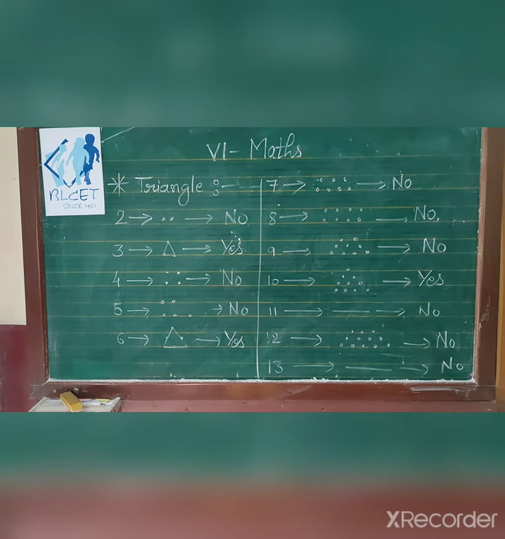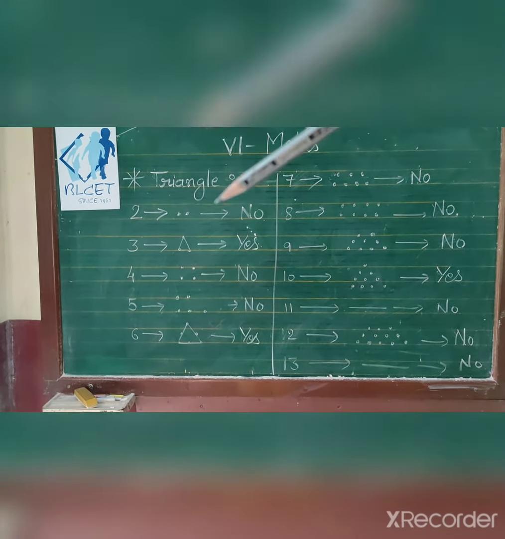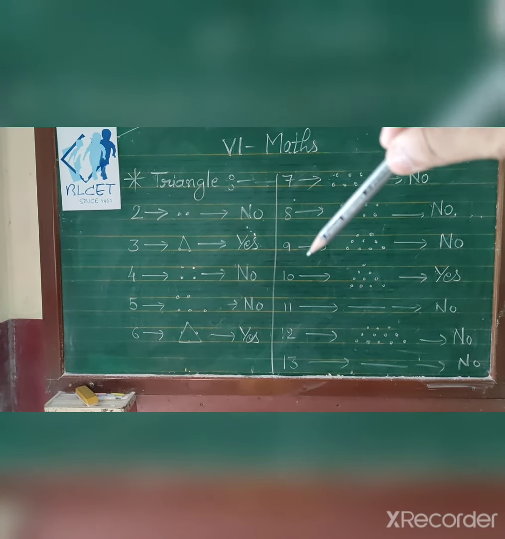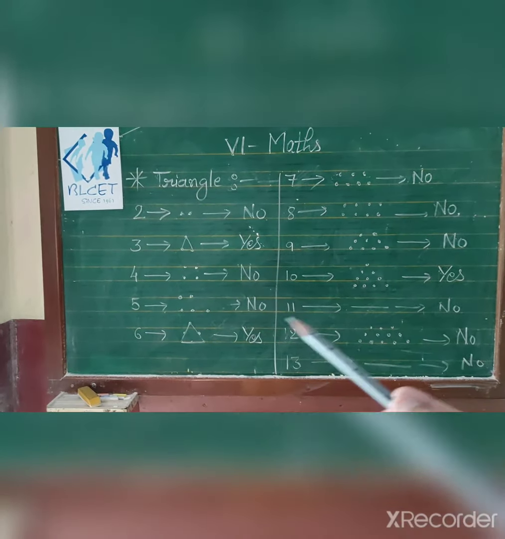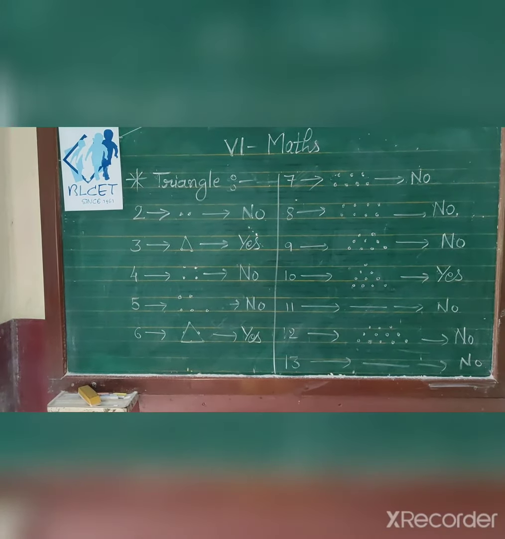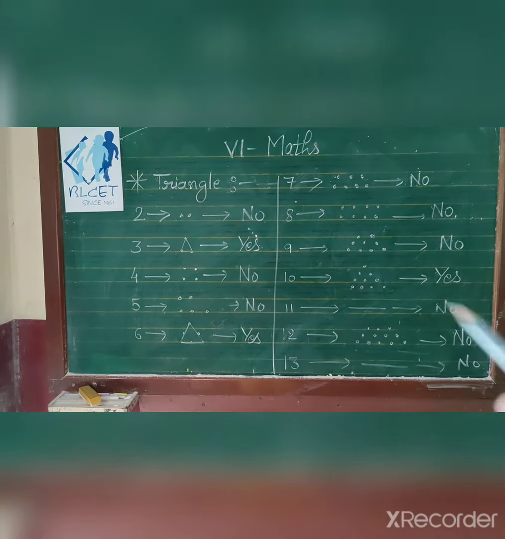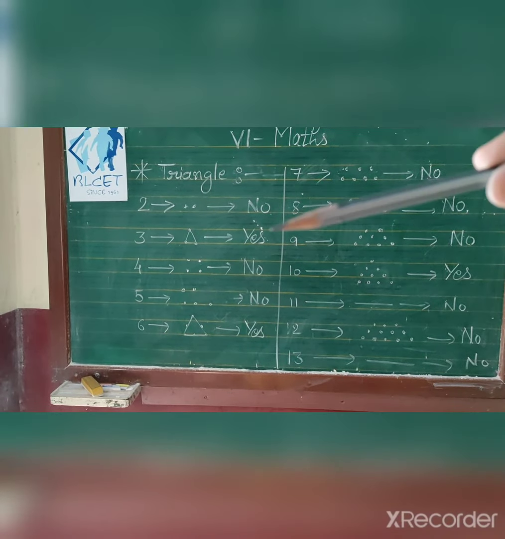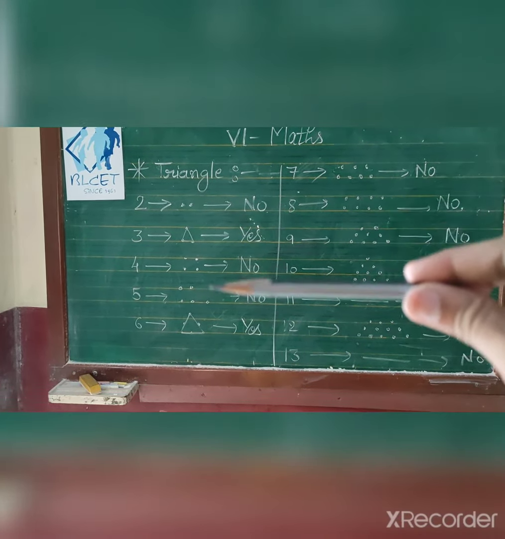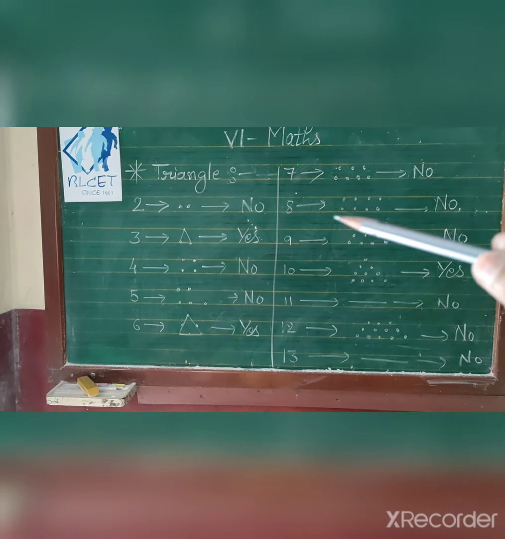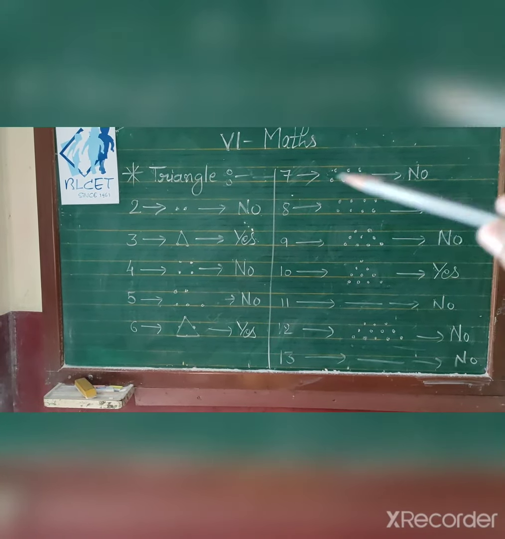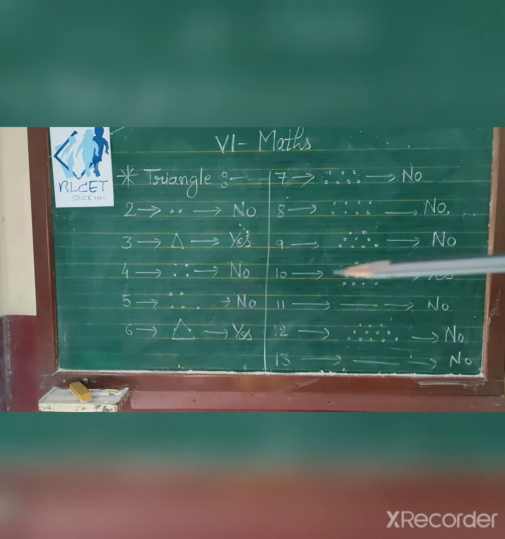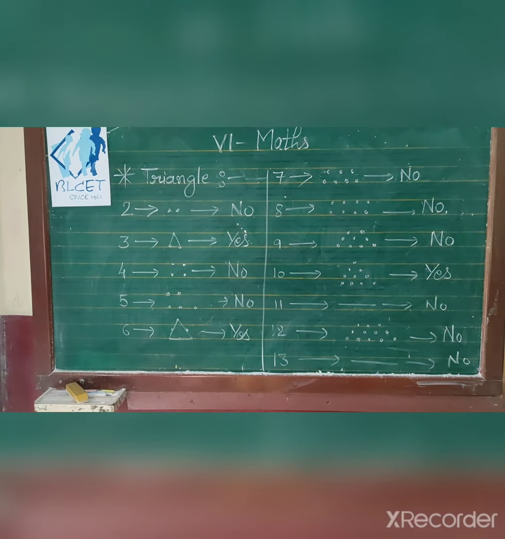Now for the triangle shape, 2. No, easily. Now 2 dots on the base and 1 on top. Yes. Square, no. For 5, 3 dots and 2 dots are there, but it is not forming. Now 3, 2, 1. On the top we always take 1. So yes, we can form it. So after 3 comes 6, 3 plus 3 is 6. And then you can see here 4, 3, 2. 9 is not forming. 10 is forming. So 3 plus 3 is 6, 6 plus 4 is 10.